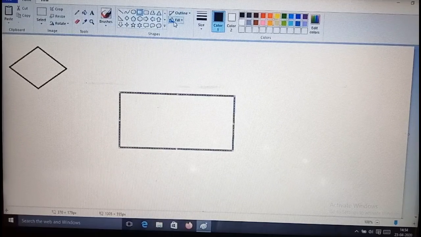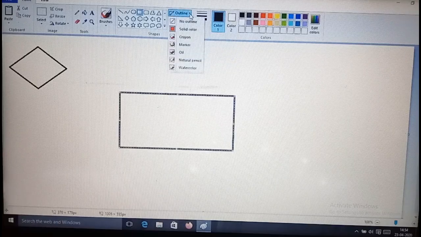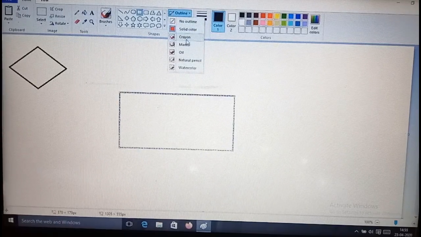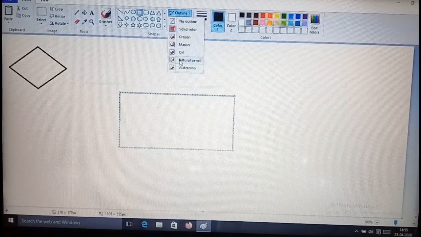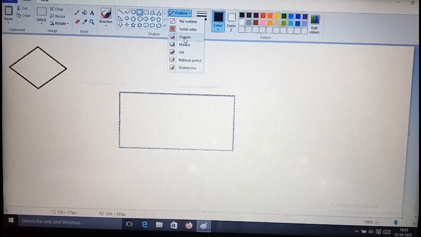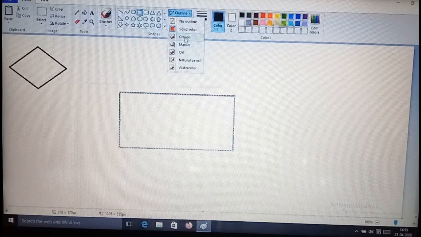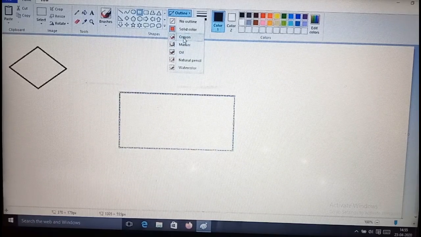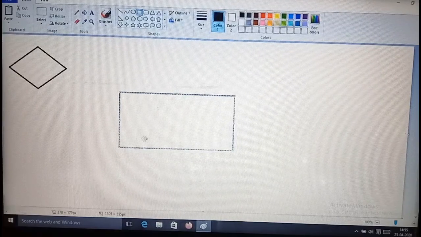This outline is for changing the design of the outline of your image. For example, if I select, some options are available here: crayon, marker, oil. If I select any of these options, you can see some changes in the border of the outline of this image.